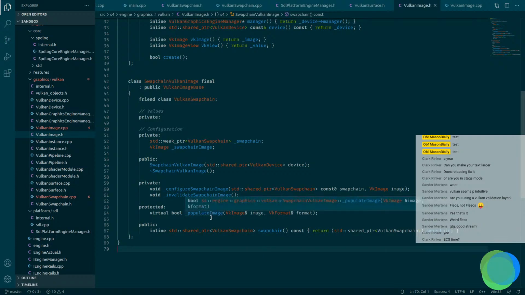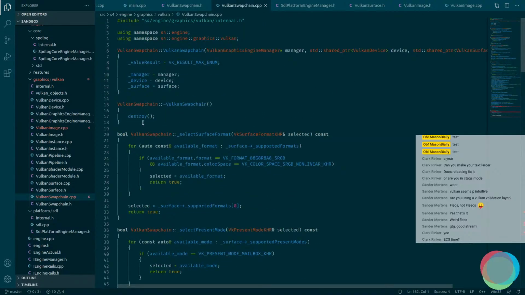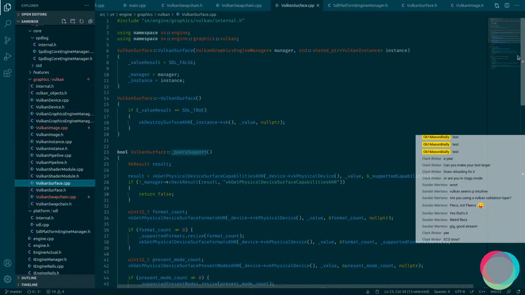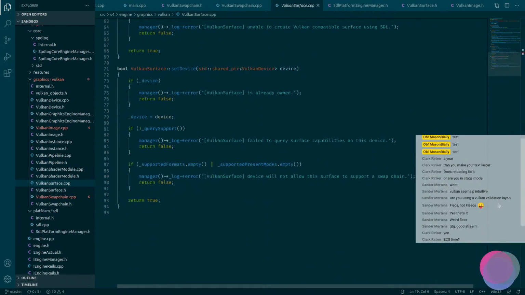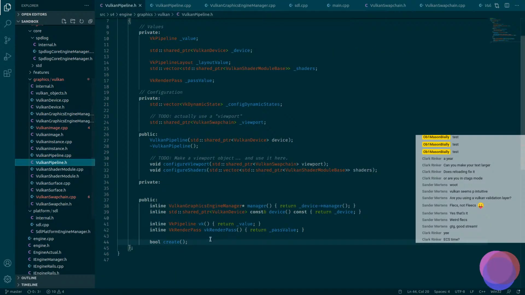So one of the ways that we fixed our cyclic issue here is that we introduced these new destroy methods. We made them idempotent, and we called them in the destructor. So I'm going to go through the destructors of some of these other ones and add that paradigm. Oh, okay, that's weird. What's going on here? Maybe not all of them. I think the pipeline was the other one I wanted to do